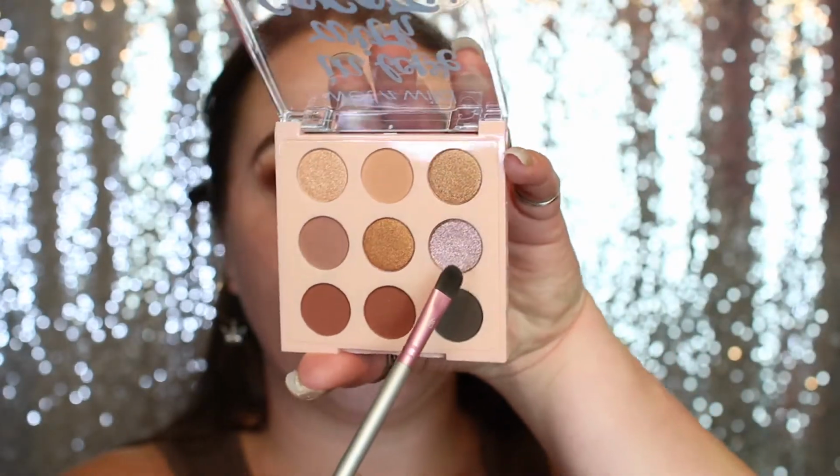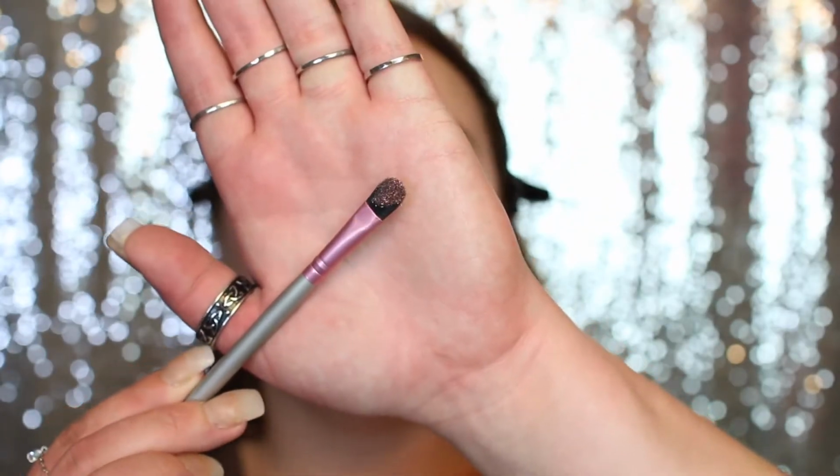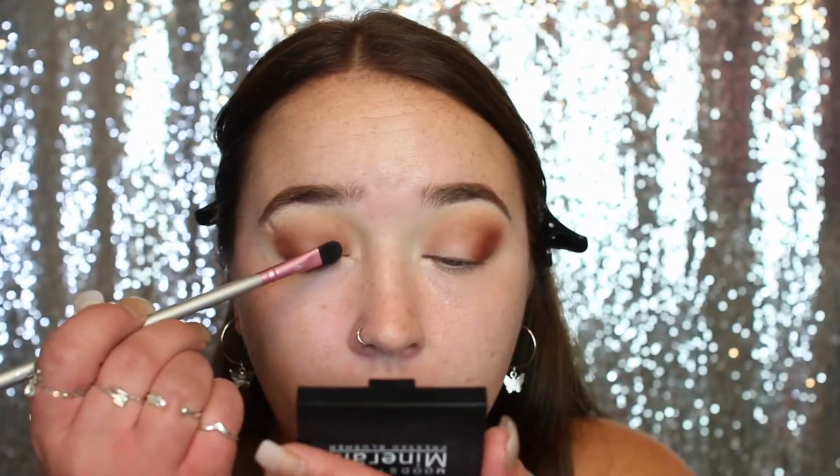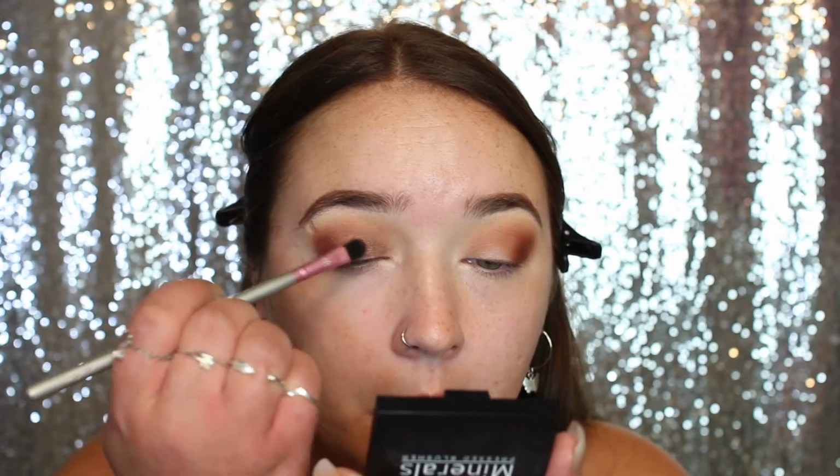So there's one shade in the palette that I have my eye on, and it's this one right here. So it's like pinkish silver. So I'm going to go ahead and take that shade. Picked up really nicely on my brush as well, if you guys can see that. Oh my god, yeah, you guys, that is super pretty. So I'm going to bring that shade about that far because I do want to save the center for a